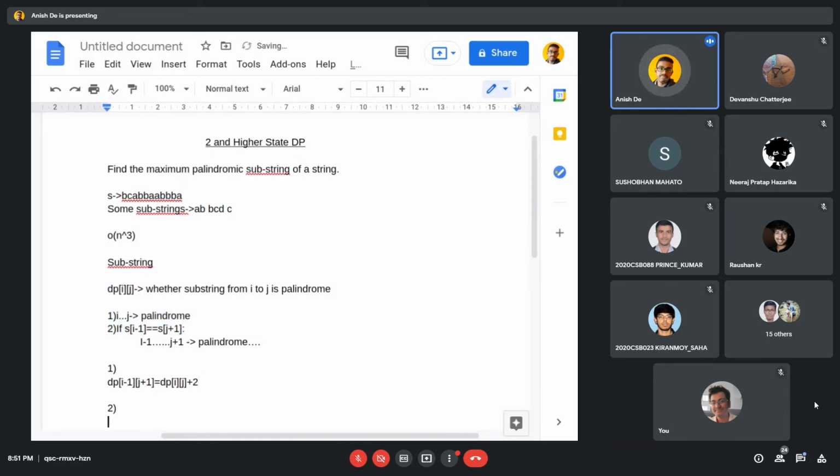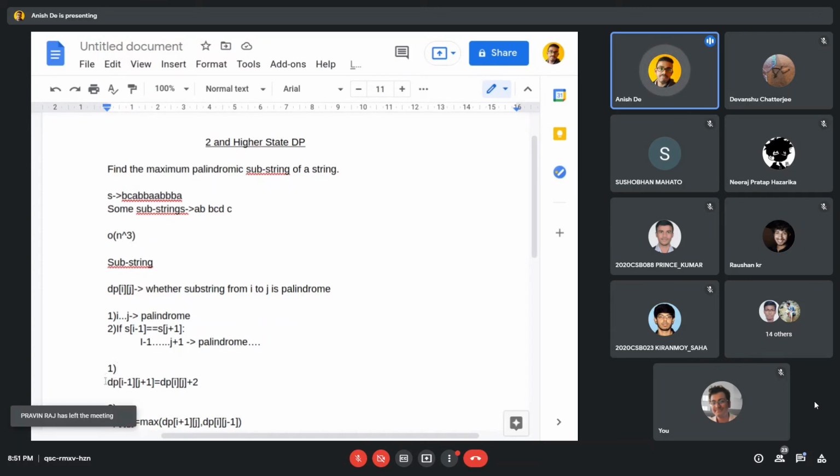And the second transition will be dp[i][j] equals the maximum of dp[i+1][j] and dp[i][j-1]. Now, has anyone got this transition? Or can anyone explain why this transition is taking place?